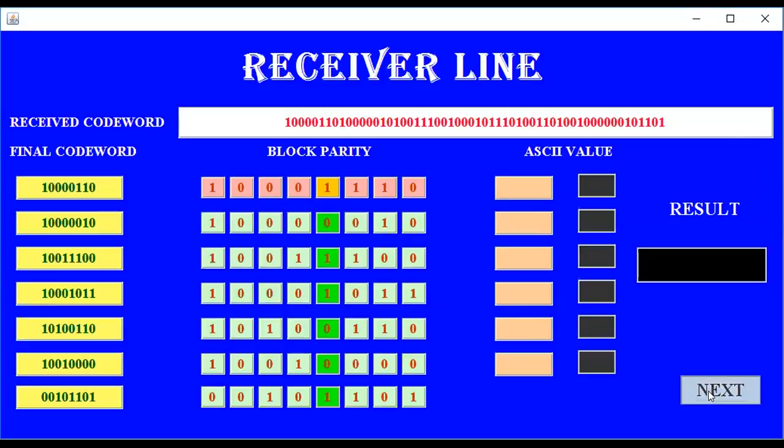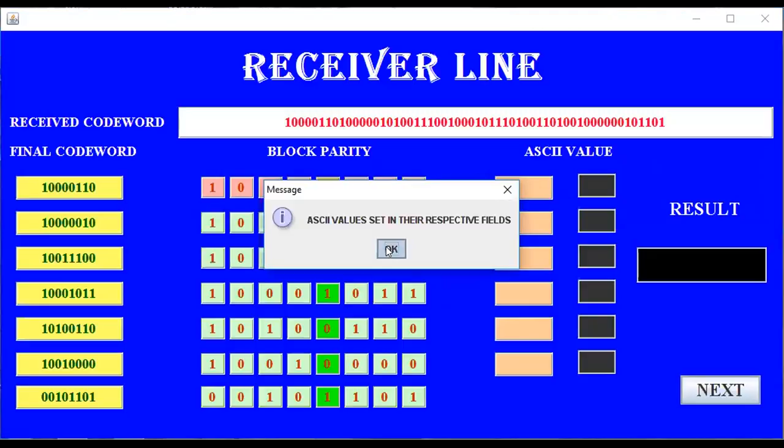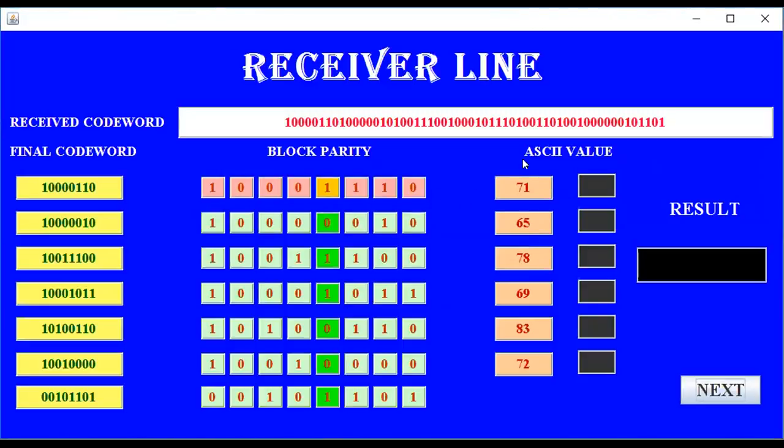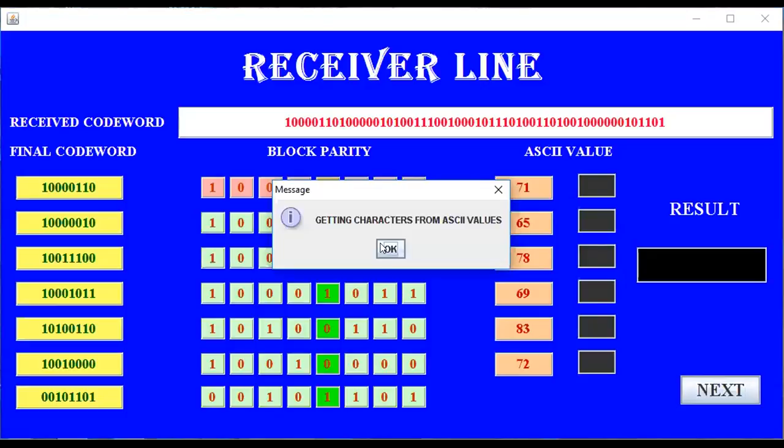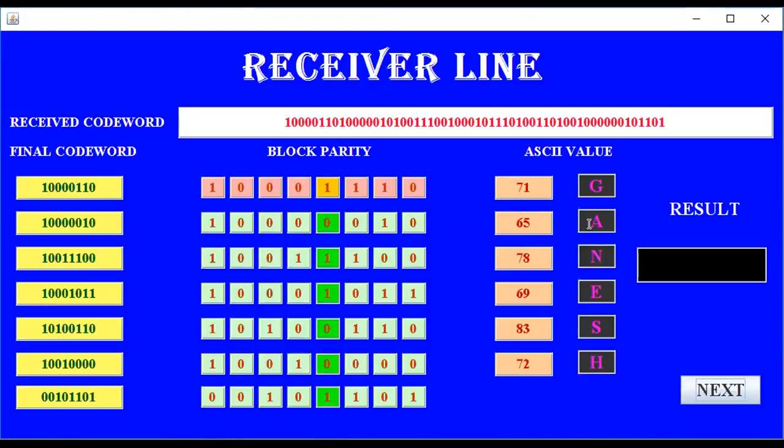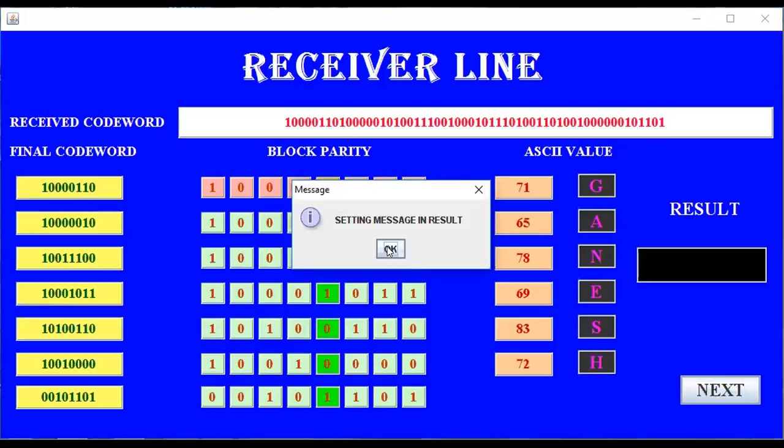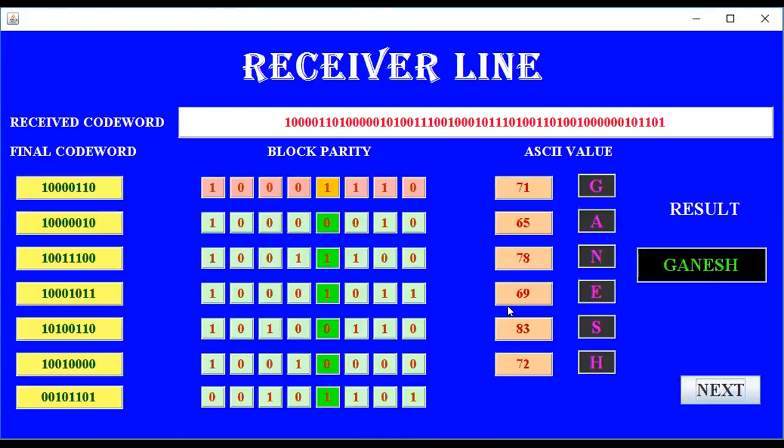Now let us proceed to next. Respective ASCII values generated from decimal. Next, okay, calculating characters. Ganesh done. Result, setting the result. Ganesh.